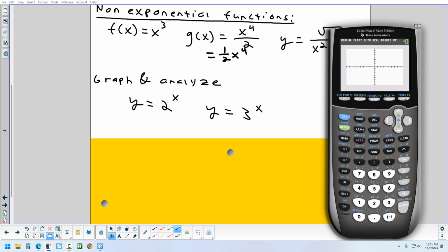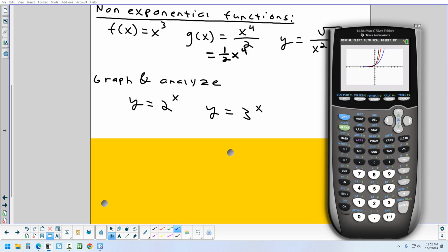So let's let 2 to the x draw, and then watch 3 to the x. And I want to know the difference. 2 to the x is in blue, and 3 to the x is in red. What does it look like the difference is? It's steeper. Yeah, 3 to the x is steeper. It curves up sharper. The bigger you make the base, the sharper that it'll start to curve up after the